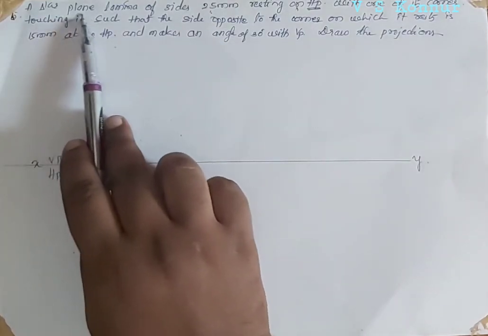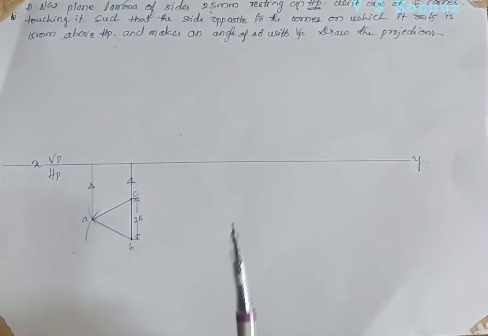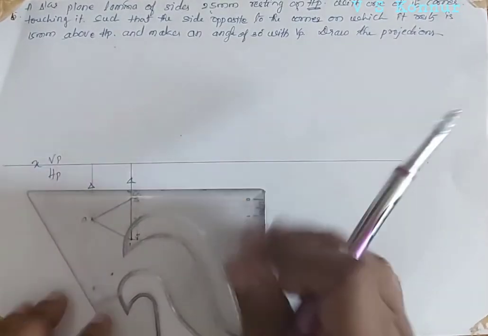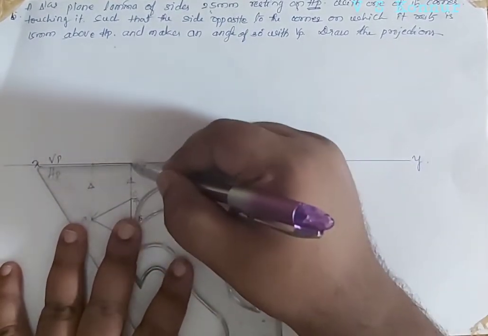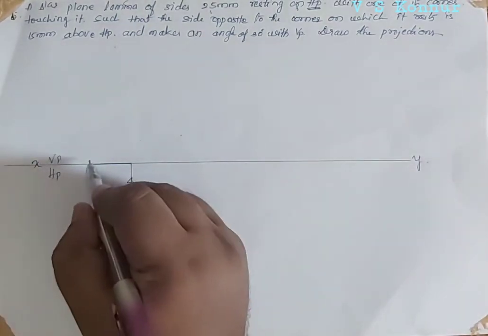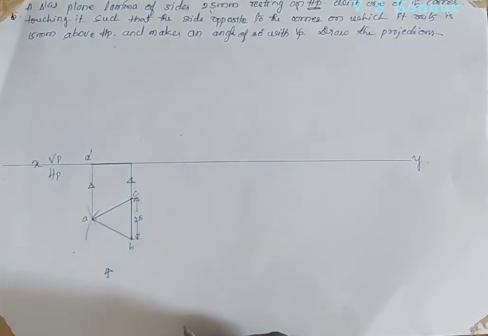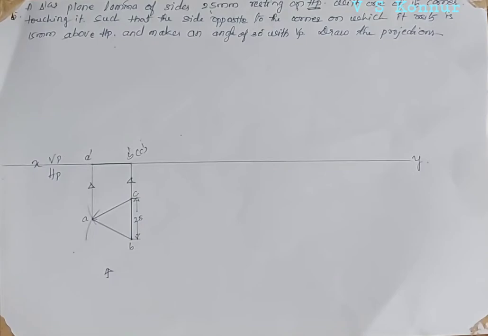According to the given triangular plane lamina of side 25 mm, we got it resting on HP, which means on HP below the XY line, with one of its corners on the left side, and we'll draw the lamina. The lamina should be a dark line. And then, when you are viewing from this side, A is visible, so always above the XY line, A dash. B is visible, B dash, C dash. Now the first part is over, that is, the first position is over.